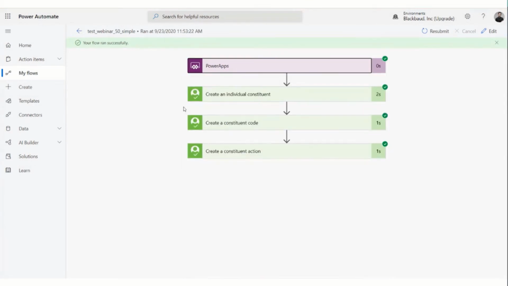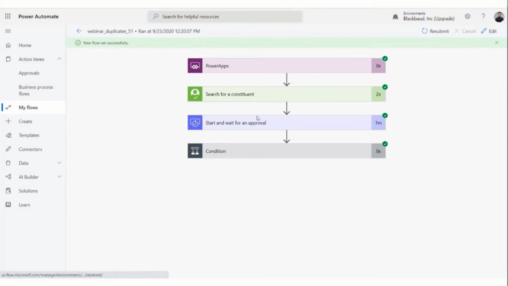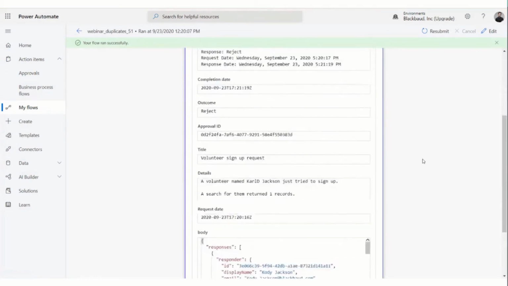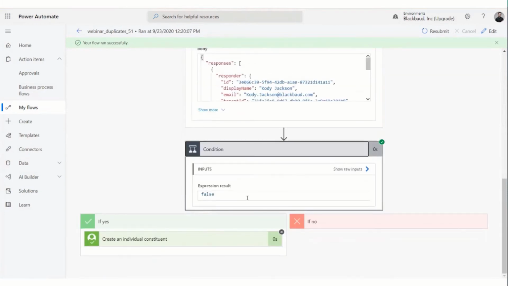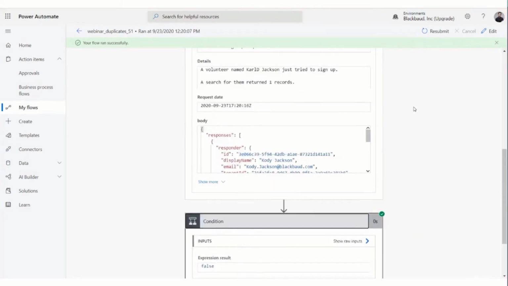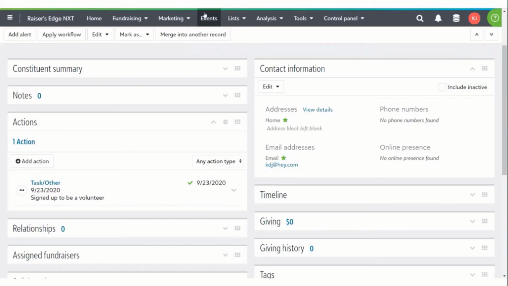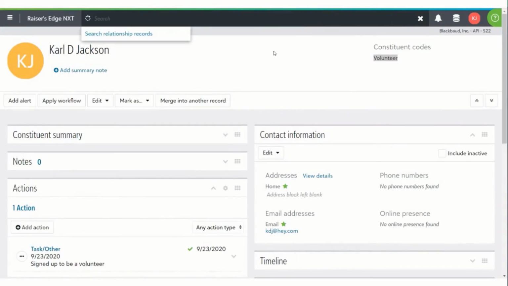And that is the wrong one. That is the old one. So we started the approval. What happened? So we rejected it. And that means that we did not create an individual constituent. So let's see. So we had Carl D. Jackson.